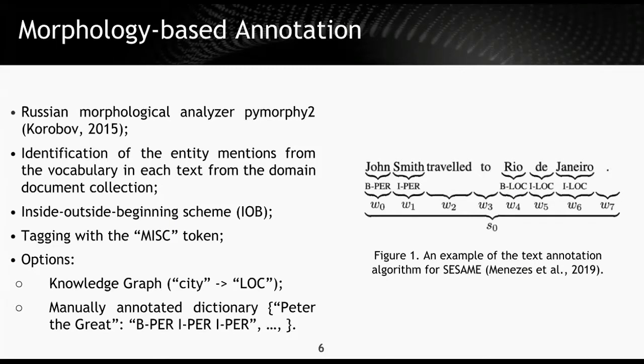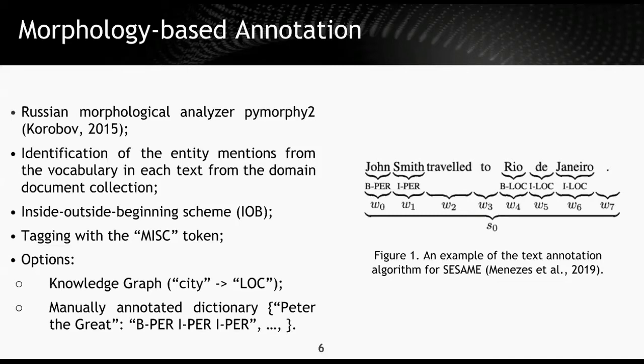We use a Russian morphological analyzer, pymorphy2, to identify mentions of entities from our vocabulary in each text from the domain document collection based on the exact match of the lemmas. We use the inside-outside-beginning tagging scheme. However, we don't have the information about semantic types as in Wikipedia, so we tag each entity with the miscellaneous tag. Note that here we can use a knowledge graph, for example, Wikidata, and map the instance of the